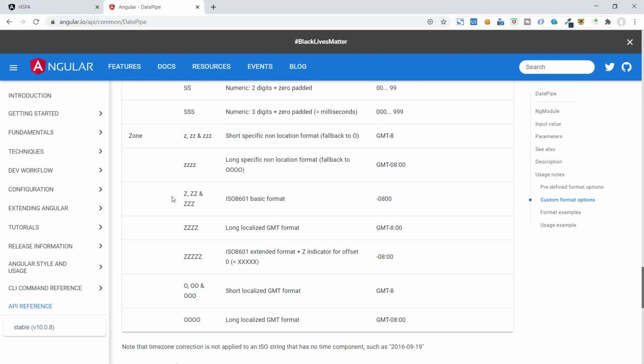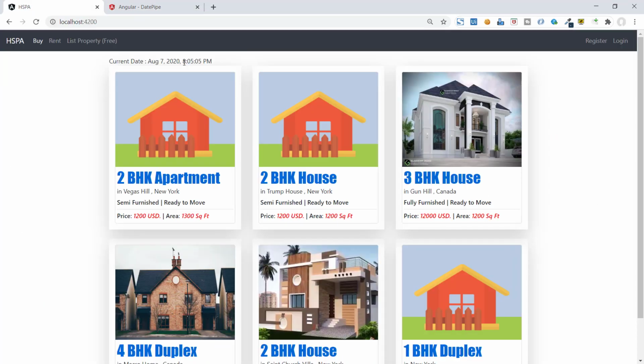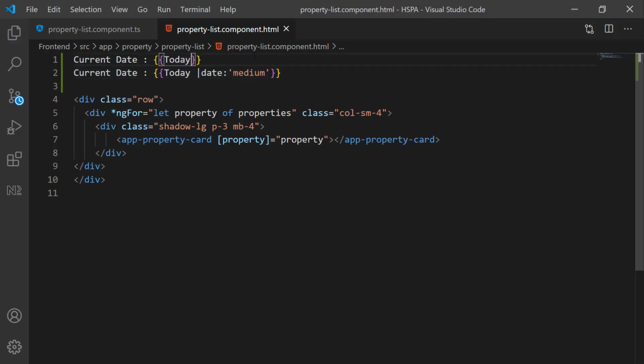The second parameter of this pipe is the time zone. By default, this date format displays the time in the user's local time zone. Maybe you would like to display one more time to your user. For example, you want to display the time of Paris.